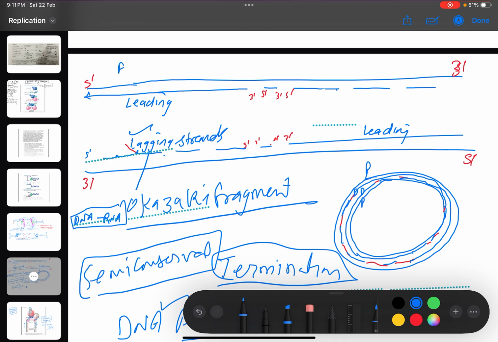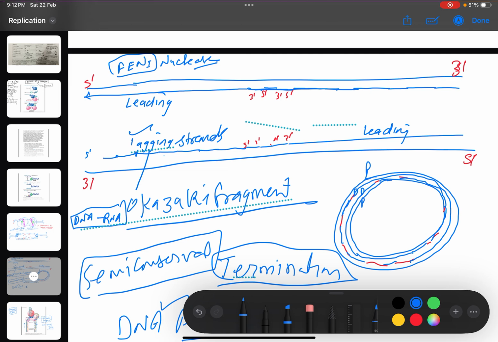So it requires 5' nucleases, 5' to 3' nucleases, the enzymes which have the capability to break down the DNA-RNA hybrid. So this comes and breaks down this, and then again the ligase enzyme comes and joins these DNA strands, and the RNA primer is degraded by the RNase enzyme. Now similarly, this RNA is removed, and the whole DNA is continuously synthesized, and these fragments are joined together by DNA